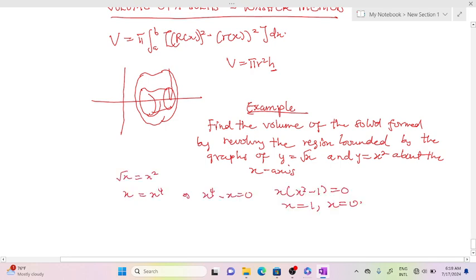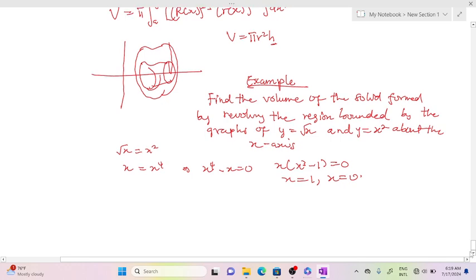The next thing is to ask yourself which one will be the inner function and which one will be the outer function, because they've given you these two functions. This is where your application